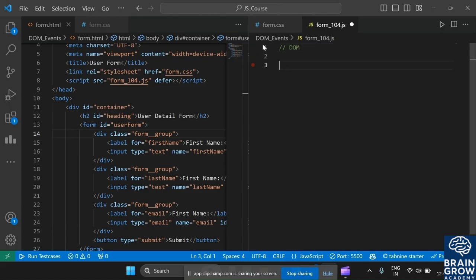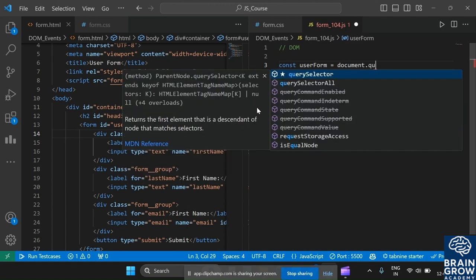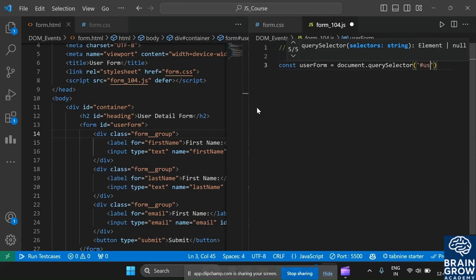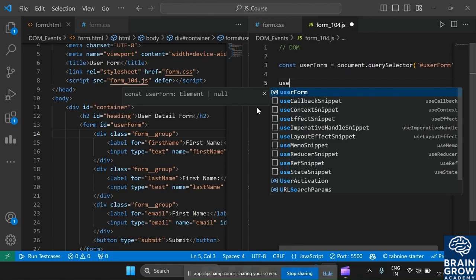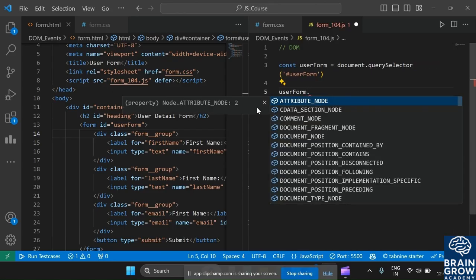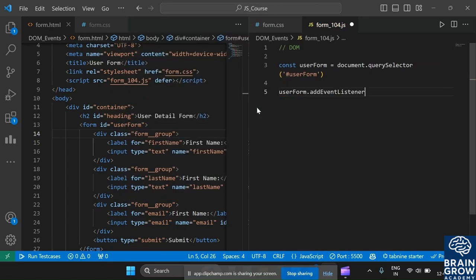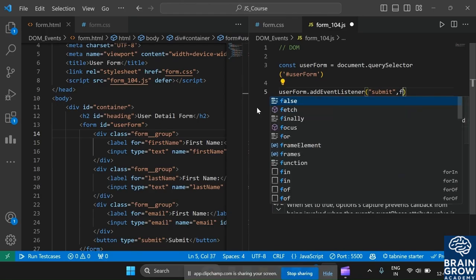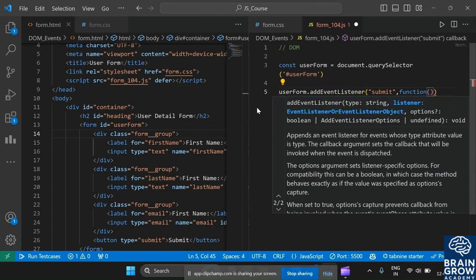First of all, let us fetch the user form. const userForm is equal to document.querySelector, and here pass userForm, and after that userForm.addEventListener, and here the event type is submit, and give a callback function